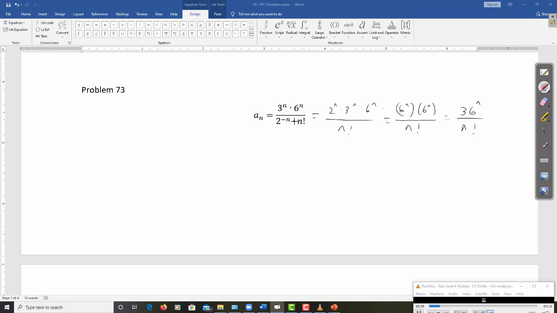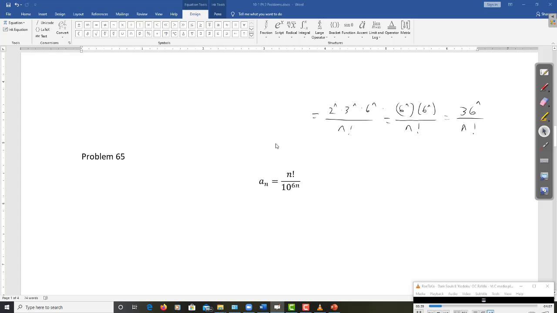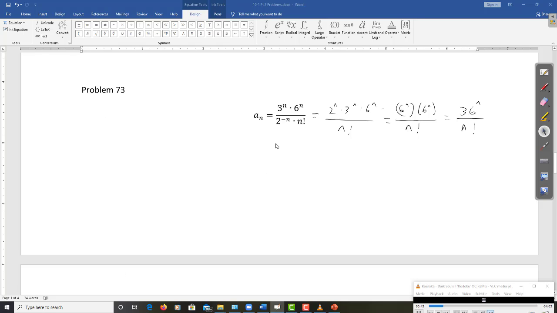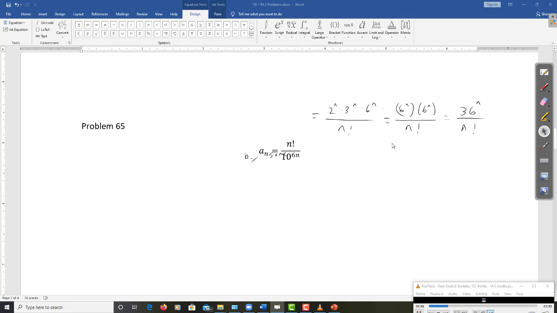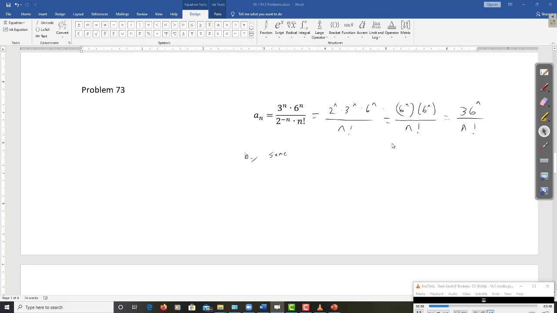Basically the same idea as before when we were looking at this thing. Same argument as the last one. Well, actually, the n was on the top in that one, wasn't it? Yeah, the n was on the top in that one. This one, the n is on the bottom, so this is going to go to 0. So by the same argument,